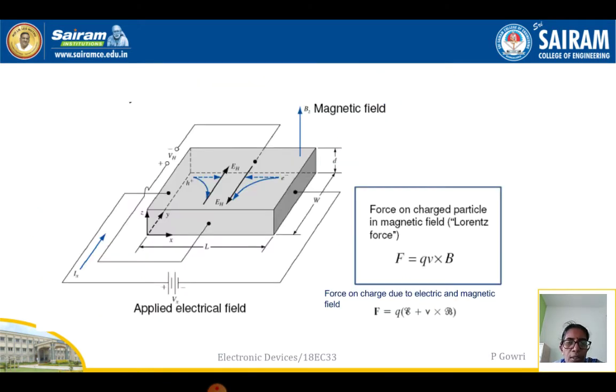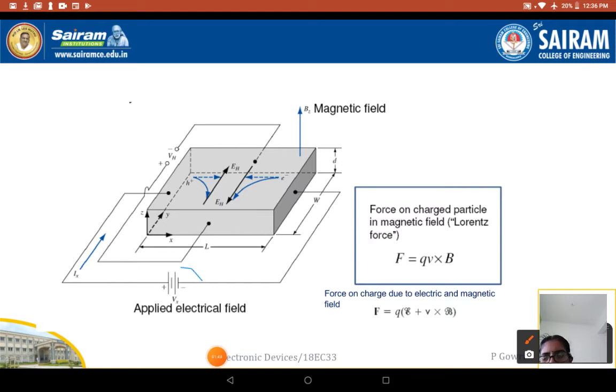Fine. So consider a semiconductor bar or a semiconductor material. It can be a p-type material or n-type material. Assume that I am applying an external voltage in the x direction. In this diagram, I am applying an electric field. The voltage is given as Vx, and it indicates that the applied voltage is in this direction, which I take as the x direction.